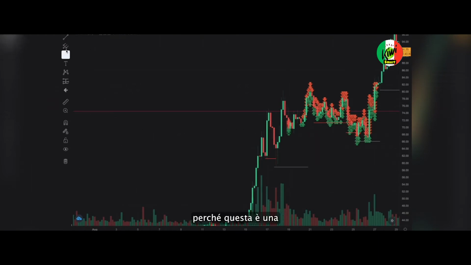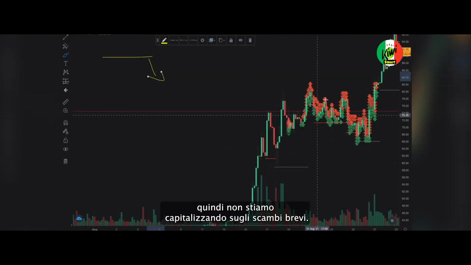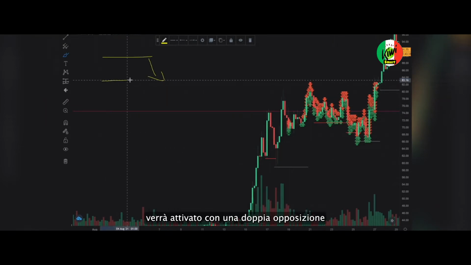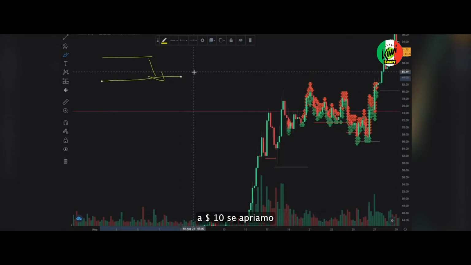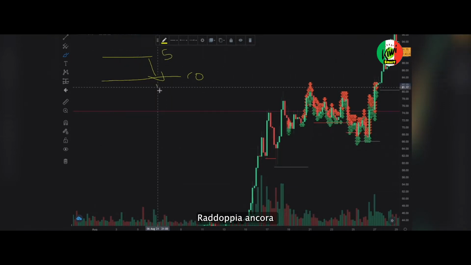If we open a position, say here at $5, and then it moves against us, because this is a long only grid strategy, so we're not capitalizing on short trades. If it moves against us, then the next buy order will be triggered and double our position to $10 if we opened at 5. And then if it moves against us again,